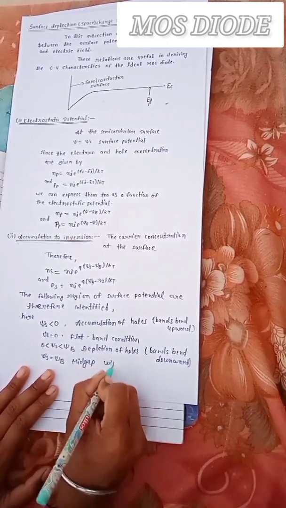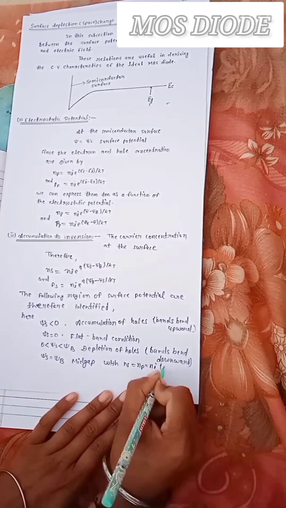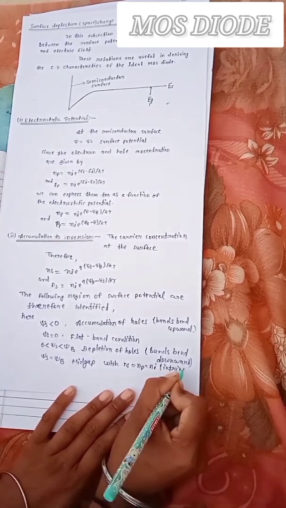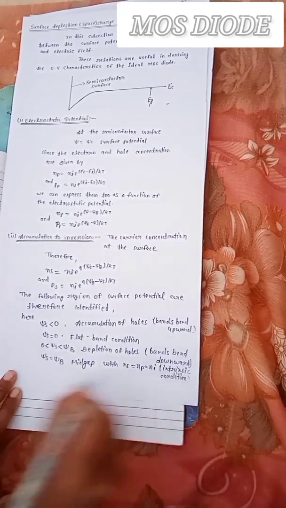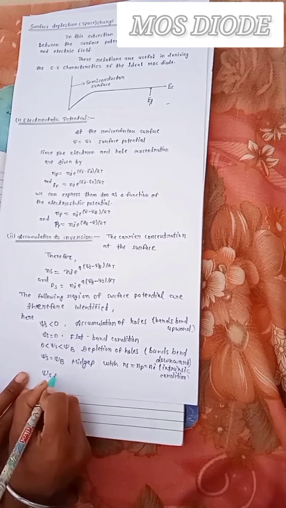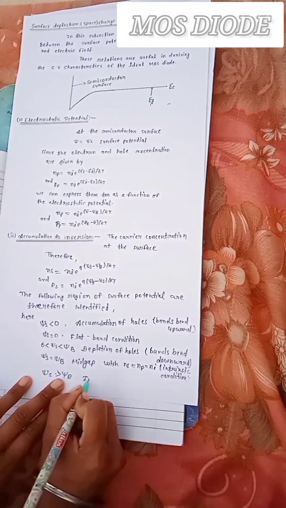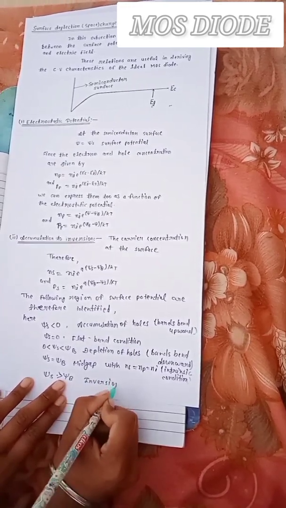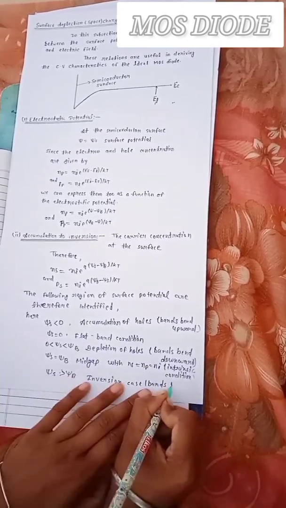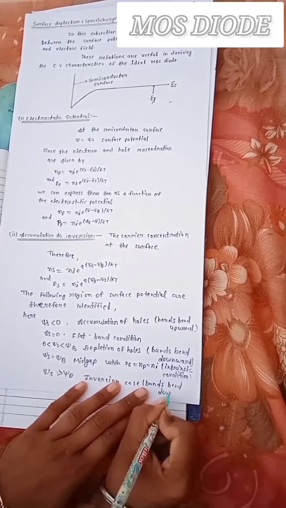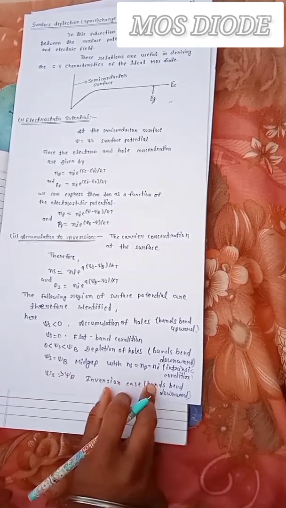And the last condition is phi s greater than phi b, and in this condition is the inversion case, bands bend downward. And the third case is